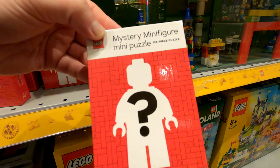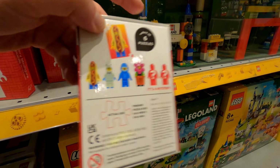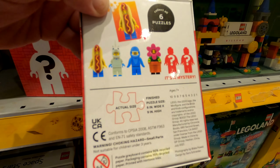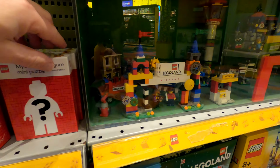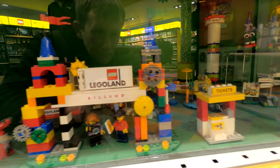Now, the big main exclusive, so that is your park entrance at the bottom. You've got a mystery mini puzzle, but underneath that, let's have a quick look at that one first. So you can see that you've got two others to collect. How that would work, I'm not 100% sure, but maybe all the pieces are in there, but it shows off